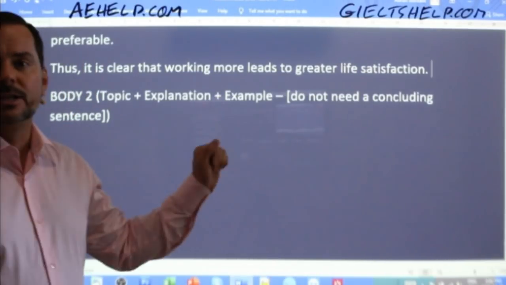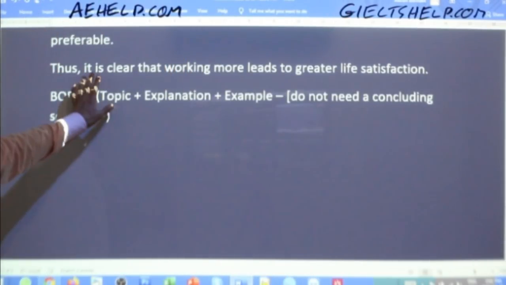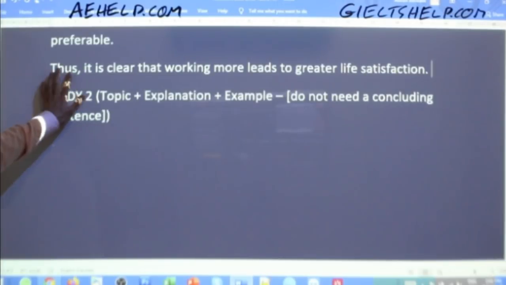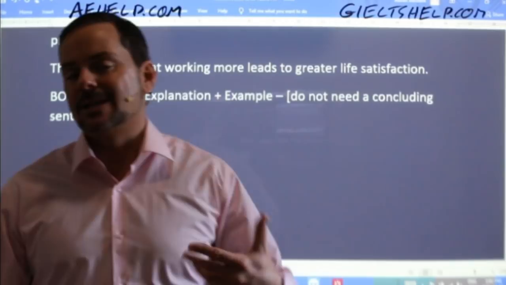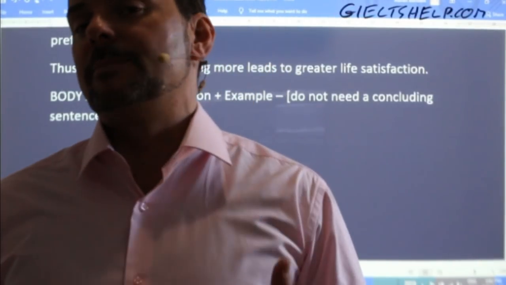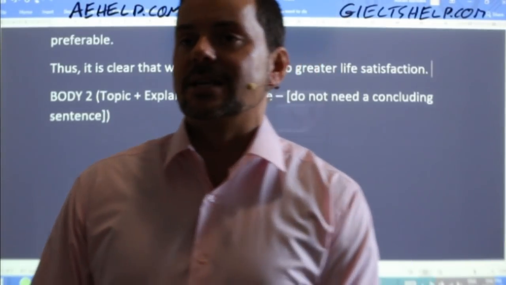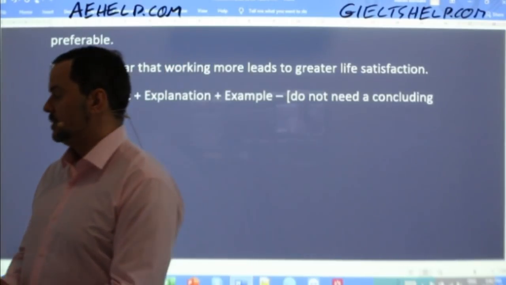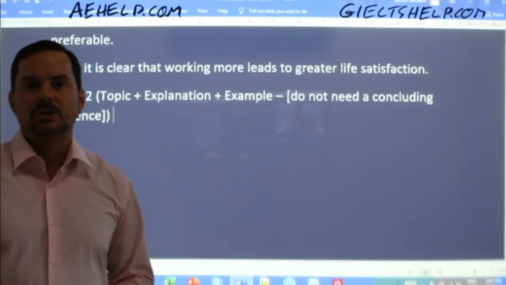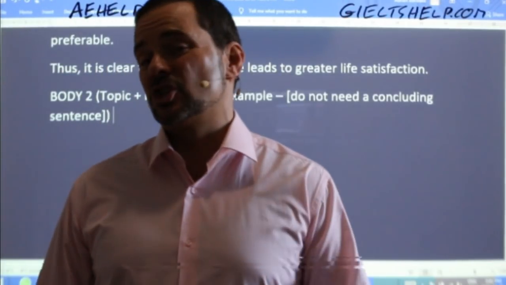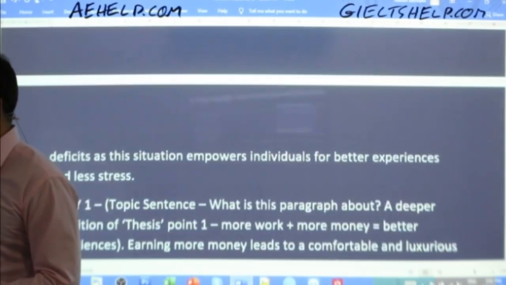Notice something interesting too, members, that I haven't pointed out before, that in most cases, these connecting, concluding sentences, they're quite simple, just like the hook, okay? When you think of simple sentences in your essay, you should think about simple sentences for the hook and for these connecting, concluding sentences, all right? You don't want to write really long, complex sentences for those elements because it usually comes across awkwardly, especially if you make mistakes, okay? All right, body 2 is about less stress.